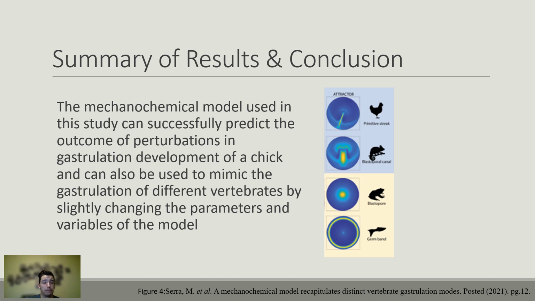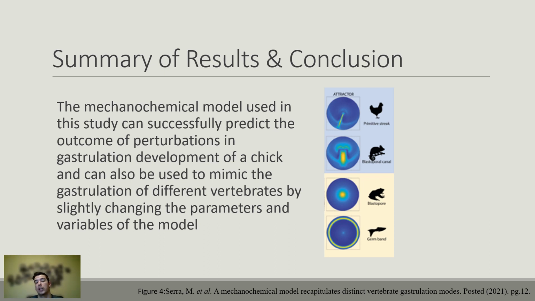In other words, the researchers developed a mechanochemical model that uses lots of physics and very intense formulas, which I'm not going to get into. But this model, or simulation rather, can successfully predict the outcome of perturbations in gastrulation development of a chick,